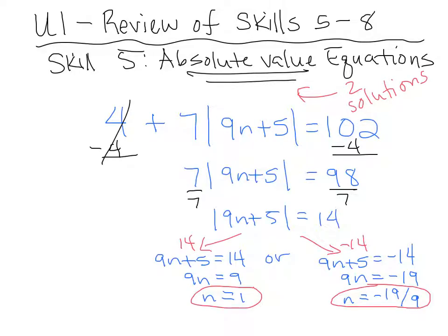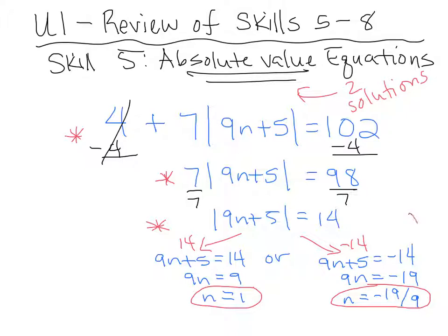Okay, so here's my work for this problem. Notice that my very first step right here is to get rid of that constant, the 4, by subtracting. My second step is to get rid of the 7, that multiplier, through division. And then I'm splitting it into those two separate equations, one with the positive 14 and one with the negative 14, and I solve to get my two solutions of positive 1 and negative